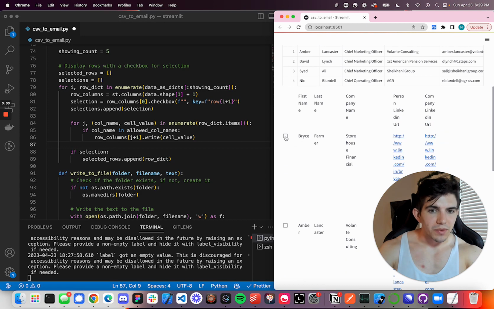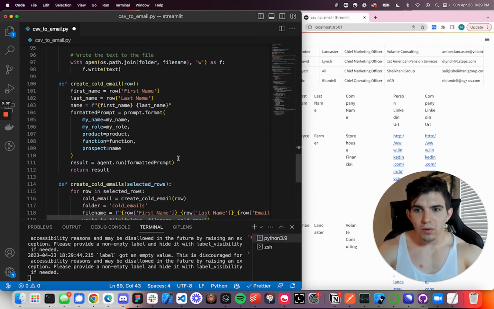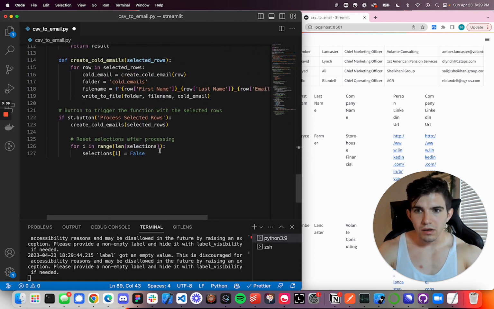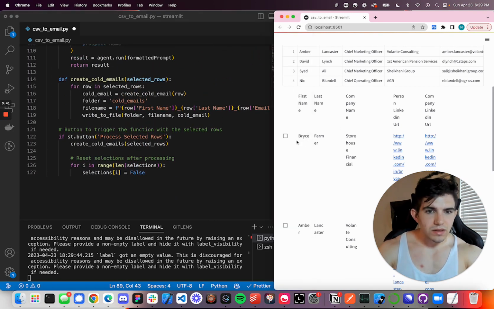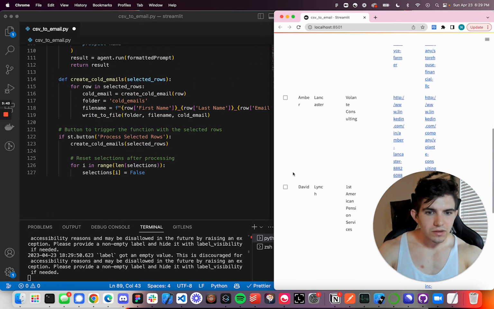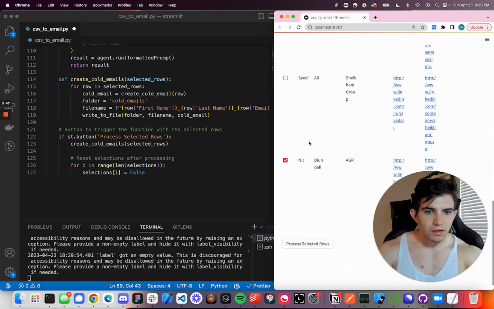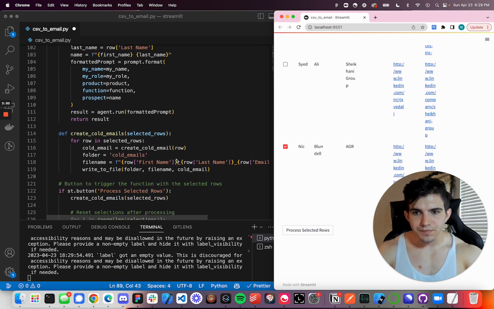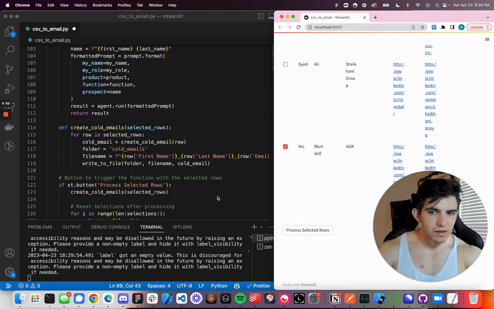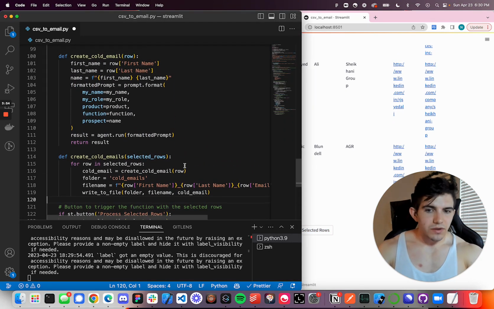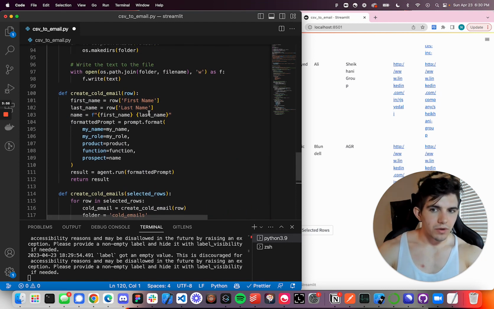Down below here is where we can select different rows. So let's select a couple. Let's say not Bryce. Let's see, David and Nick. So we got David and Nick. Once we click process selected roles, we're going to create these cold emails. All we're doing is plucking out the first and last names, putting them into this prompt, and getting a formatted prompt back